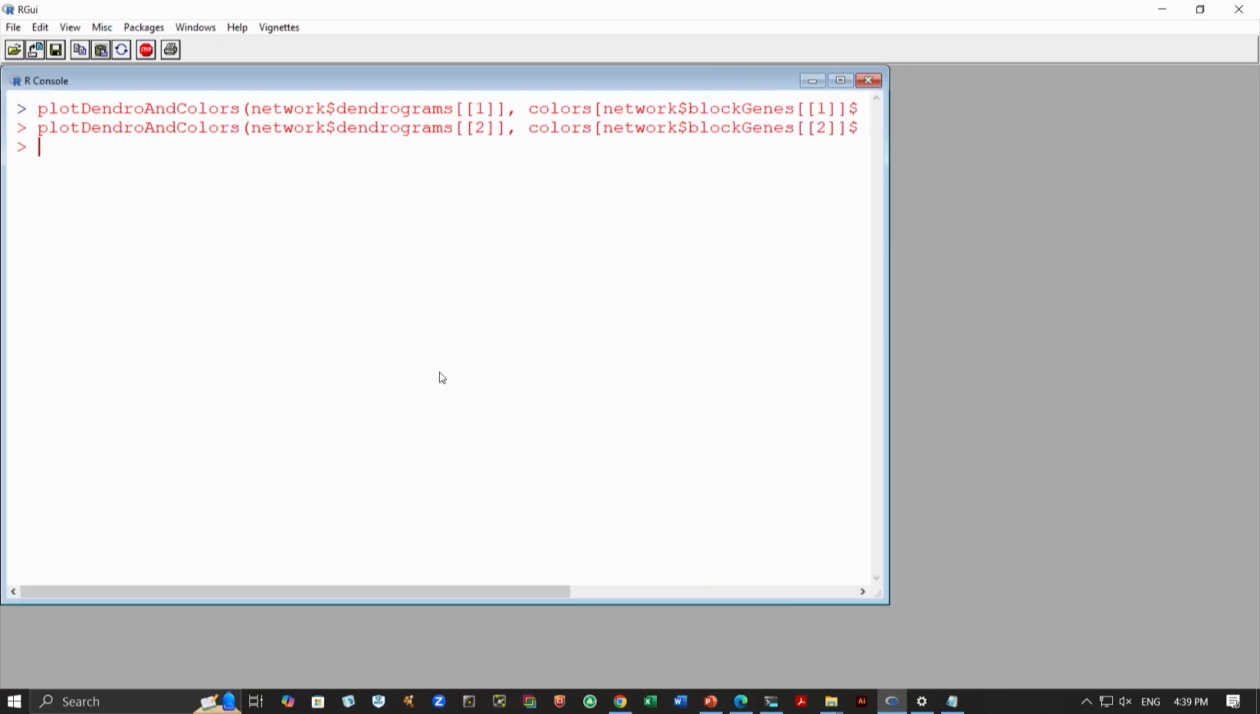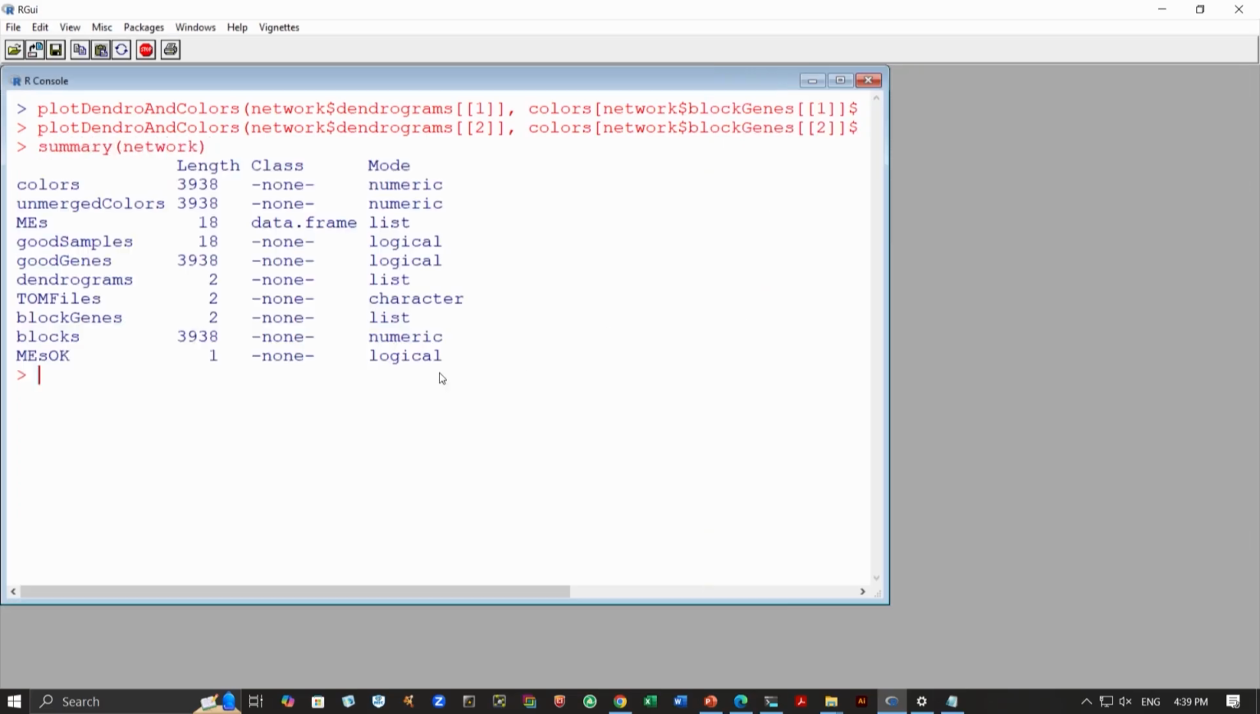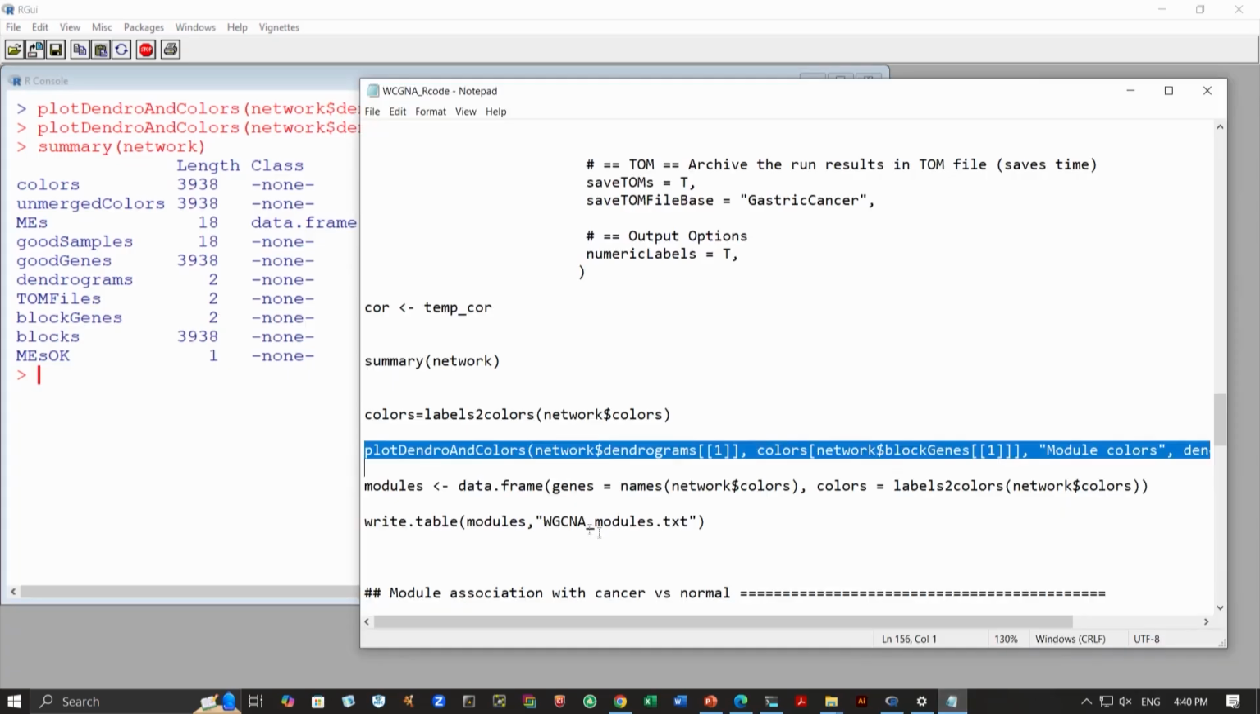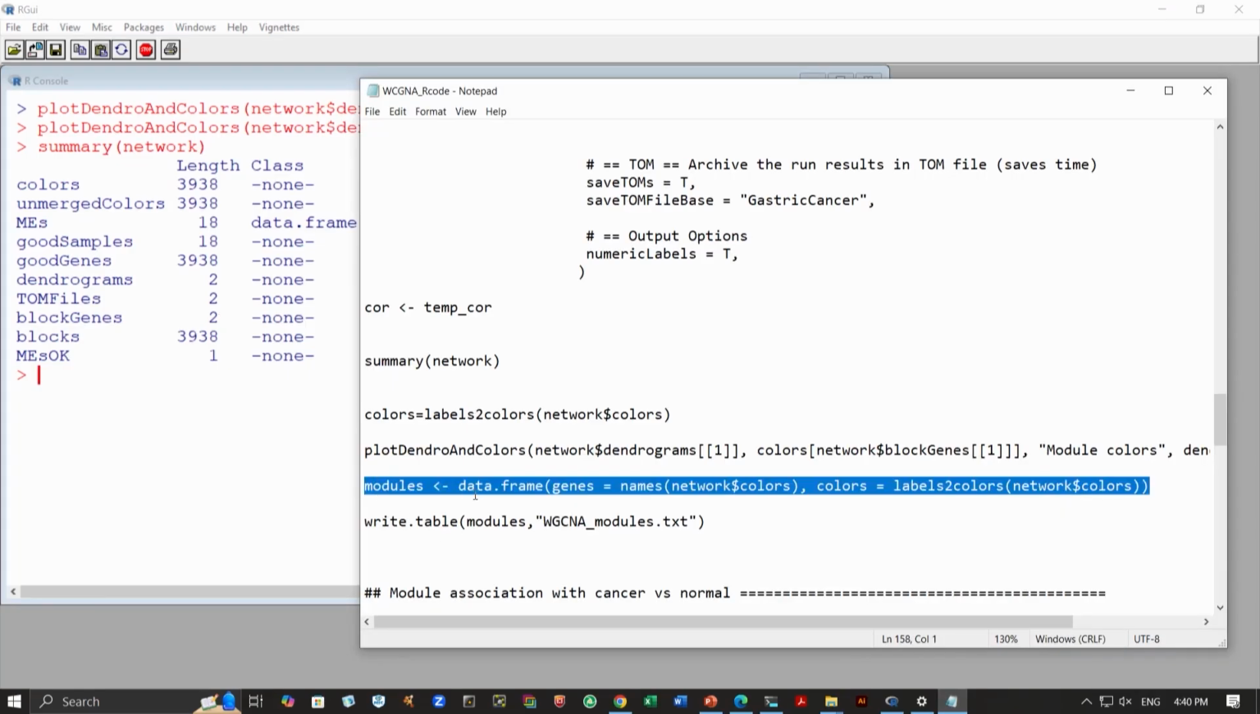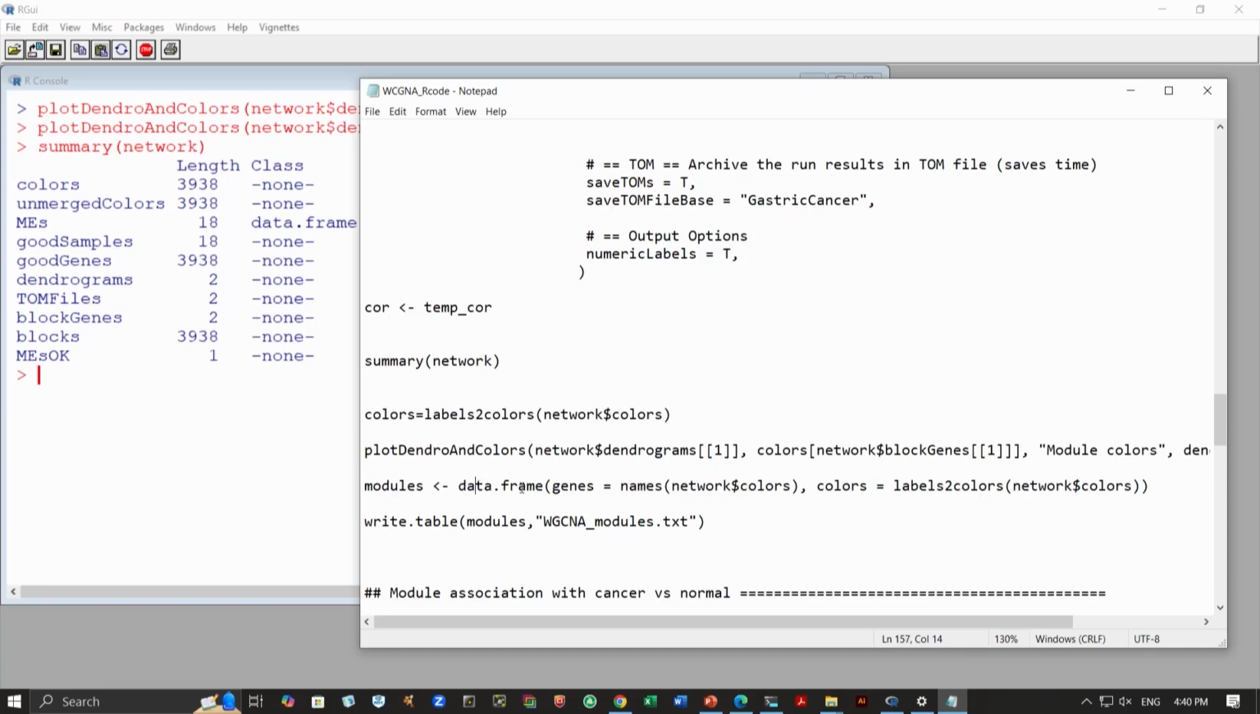So if you go back into the summary file, you can see block genes equal to 2, and TOM files 2. So we have 2 such module files. Okay. So now we can store these modules. We can save them as a data frame,